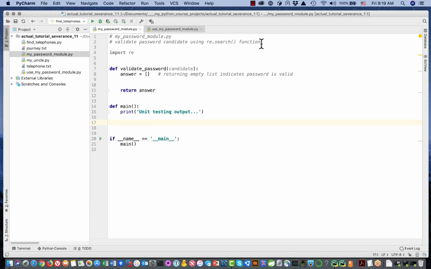Okay, and maybe let's call it a module for validating, to make it clear that it's supposed to be a module with a callable function, and you can import this